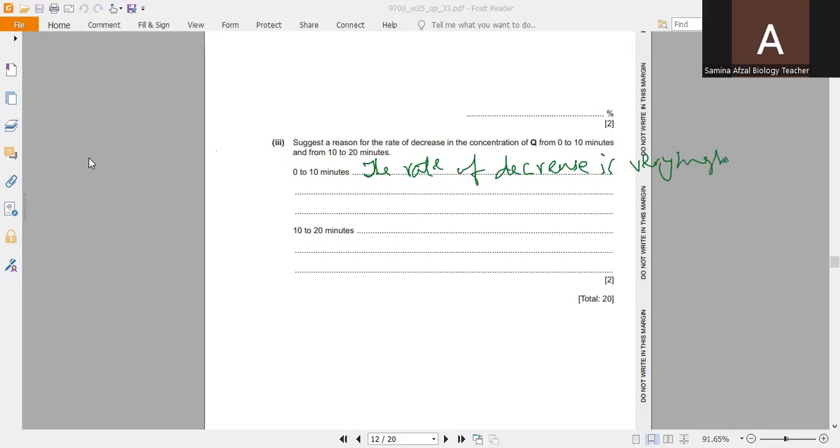This is because the concentration gradient between the blood and the dialysis fluid is at its maximum. So the diffusion occurs most rapidly when the difference in concentration is greatest. So the rate of decrease is very high because of the concentration difference